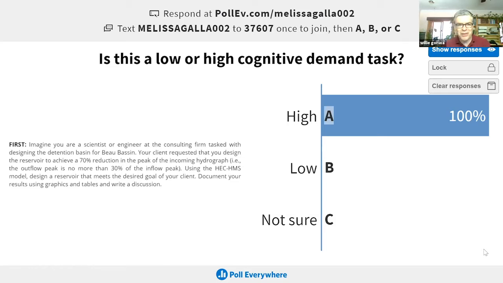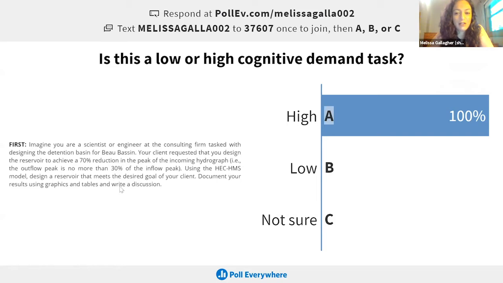They don't know, but it's definitely high cognitive demand, and you can have a discussion about what's sufficient documentation to achieve a good result. Maybe you'll have a rubric for what's sufficient or not, but you're not telling them exactly what's sufficient. So there's a lot that makes this a high cognitive demand task. All right. Does anyone want to add on to what Willie said? No, he covered it all.